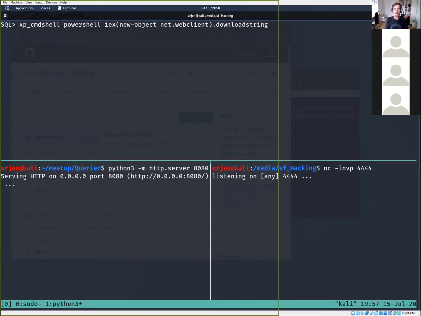You first have to research this, then you get into some tutorials, and then you remember that there's actually two functions that you really like to use. One is download string and the other is download file. Download string, I would say double quote here, but since we're in the shell doing the XP command shell, we need to escape it. And then we can give it the URL, so